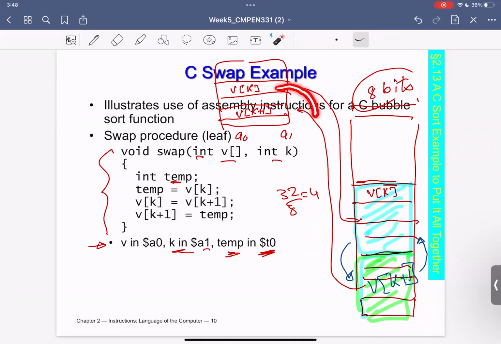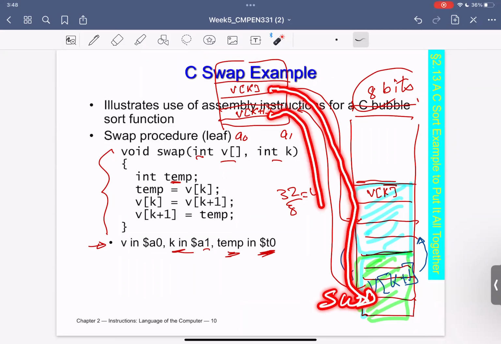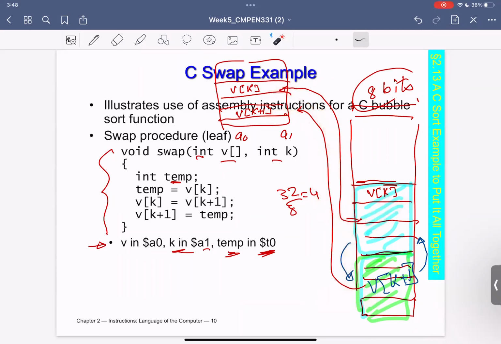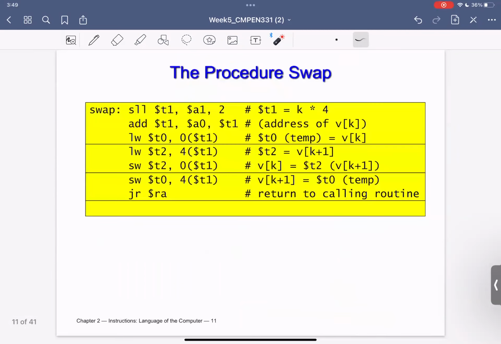in V of k, going from this to that, it's load word. Going from this to that, it is load word. Now I would like to do the other way around. So this V of k, by store word, will be going to that V of k plus 1 by store word. And then this guy will be going to here again by what? Store word. This is the idea that I am targeting. Correct? Let's see that in the assembly.